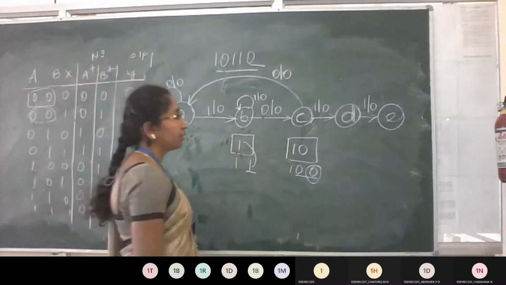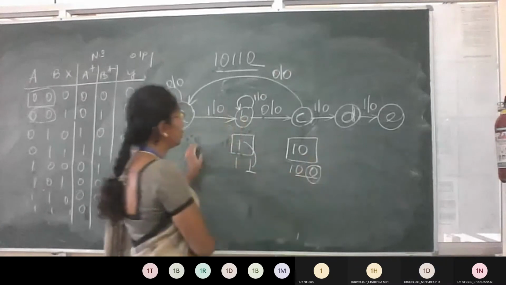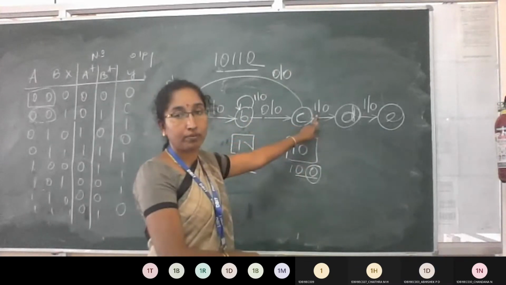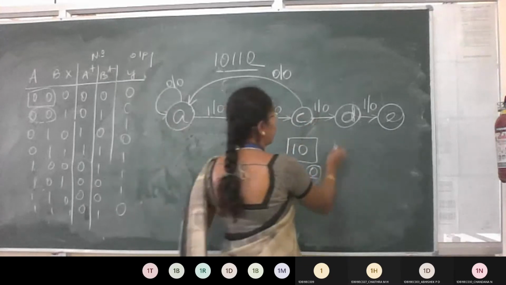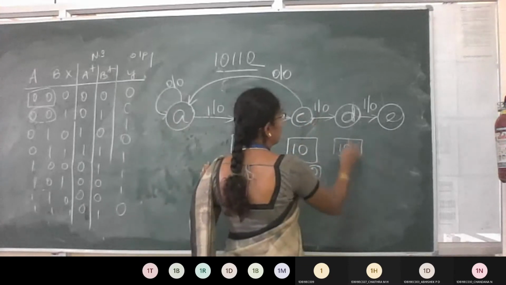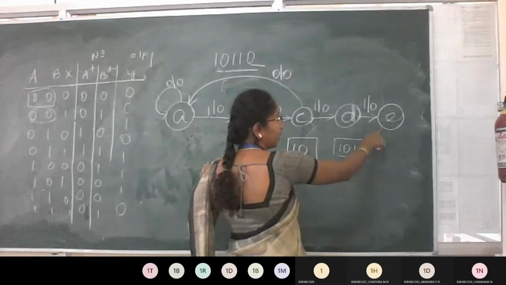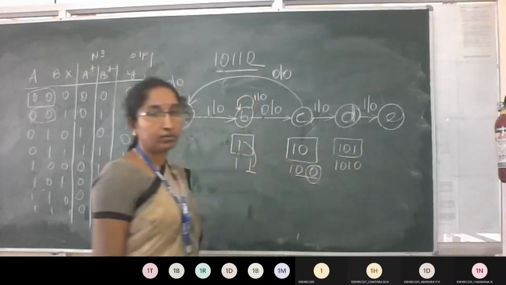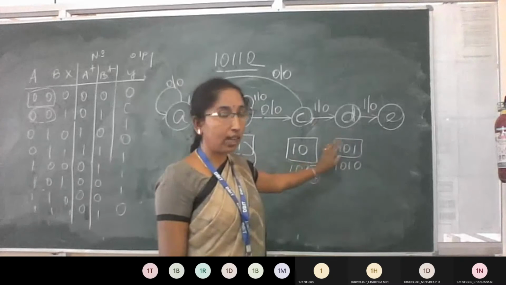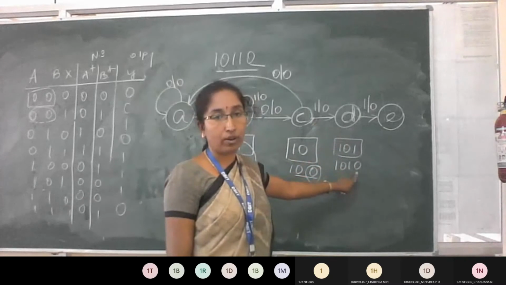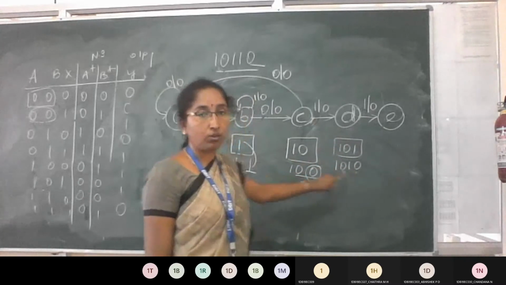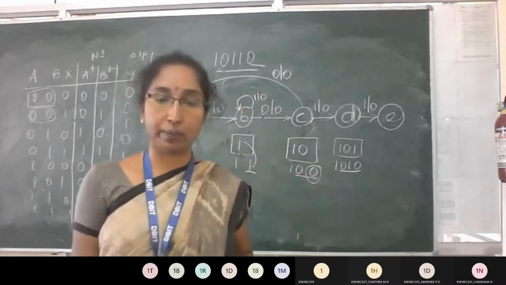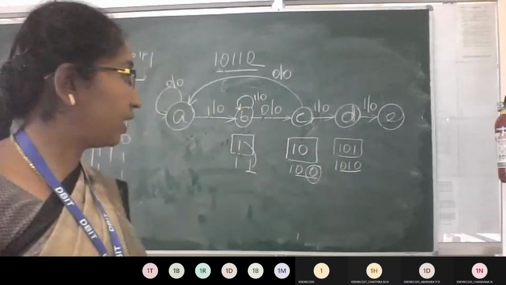So next, coming to D. To reach D, how many bits have we received? 1 0 1. So write 1 0 1 in the box. When x is 1, moving to E. So I need to find out when x is 0. Write the same number you wrote in the box, along with the x value. x is 0. Now do a 3 bit comparison. Is the 3 bit comparison matching with the box? The box only has 101.